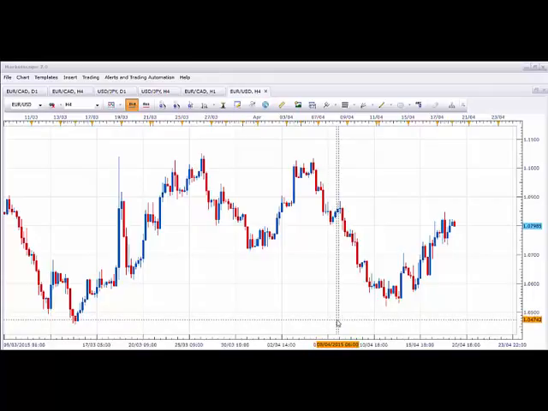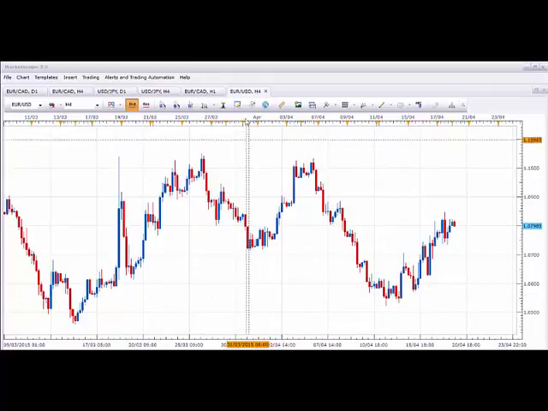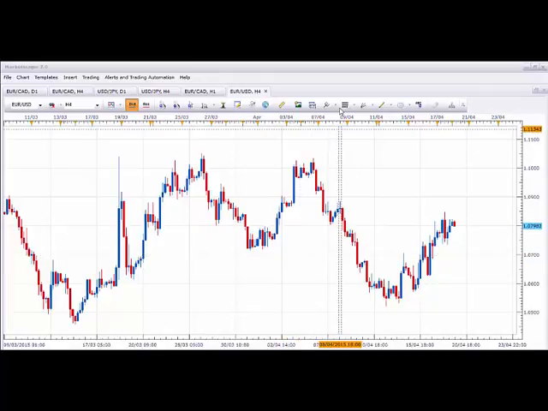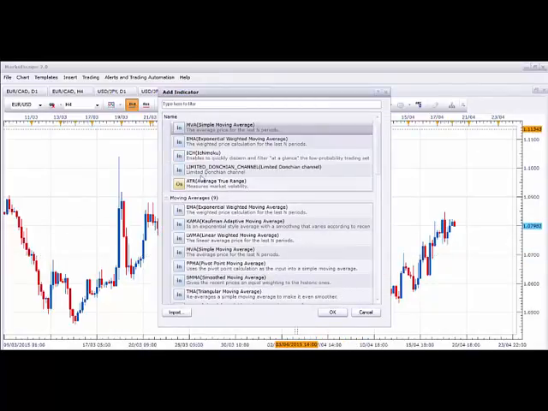Now I open Market Scope version 2. This is a chart that I'm using every day. So I open up Euro US dollar on a 4-hour chart. Now we need to add